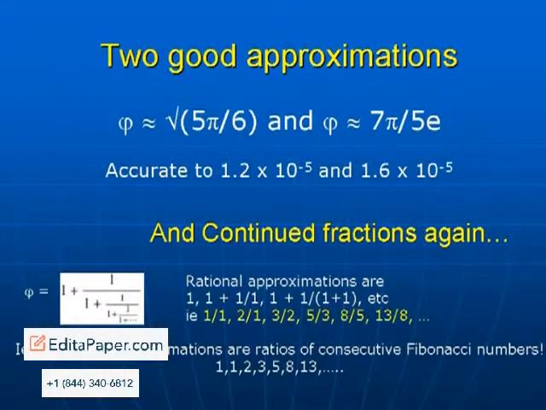So the Fibonacci sequence is 1, 1, 2, 3, 5, 8, 13. You make each number by adding the previous two together. Start off with 1, 1, and then 1 plus 1 is 2, 1 plus 2 is 3, 2 plus 3 is 5, 3 plus 5 is 8, 8 plus 5 is 13,